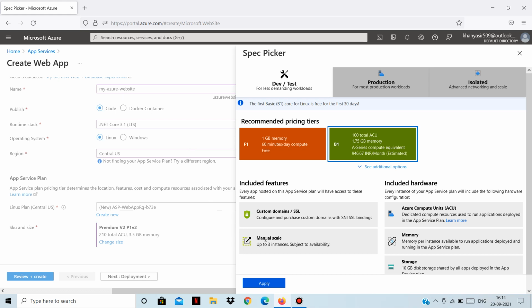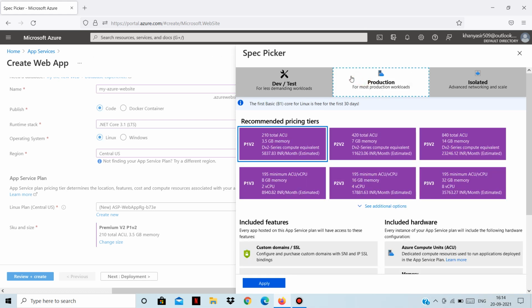You can manually scale the instances, up to 3 instances. It doesn't support the auto scaling feature. You need to manually scale based on the demands, and you can only scale up to 3 instances. So 3 VMs will be running your web application in case of a high demand.